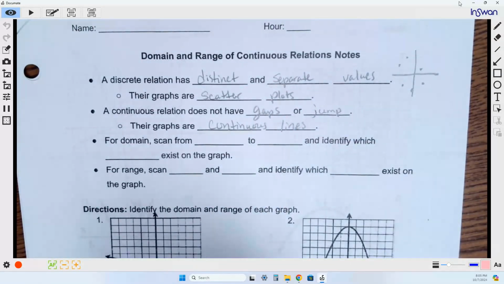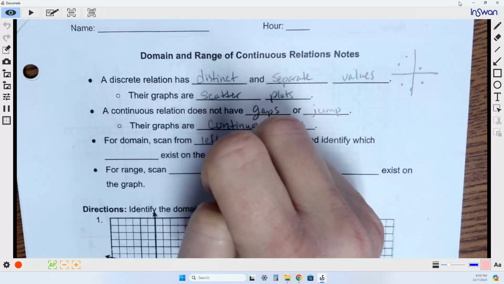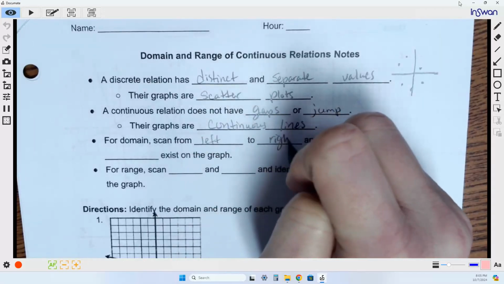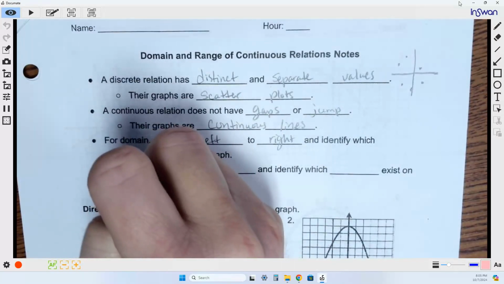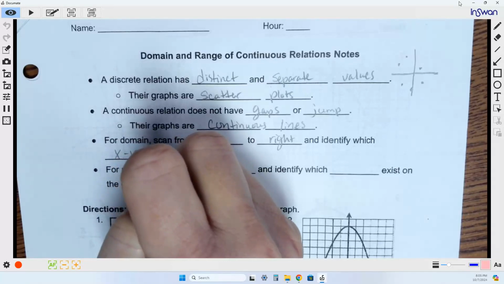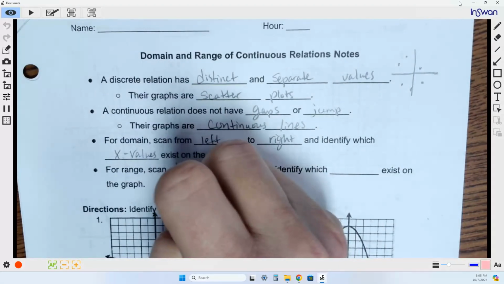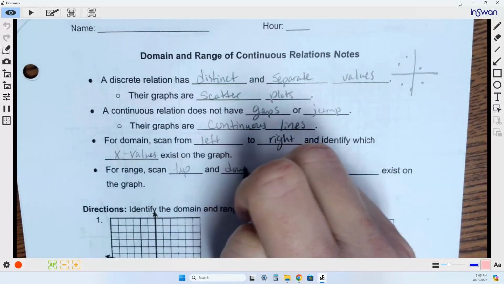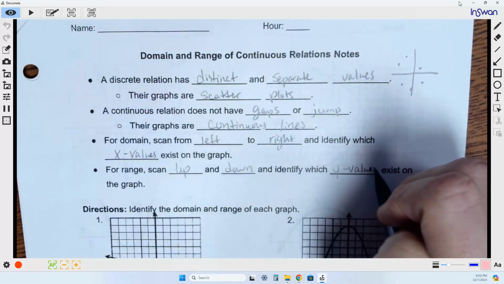Okay, for a domain, we're going to scan from left to right and identify which of the x values exist on the graph. For range, we're going to scan up and down and identify which y values exist on